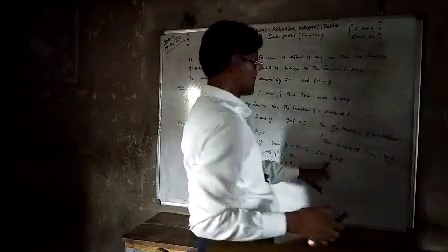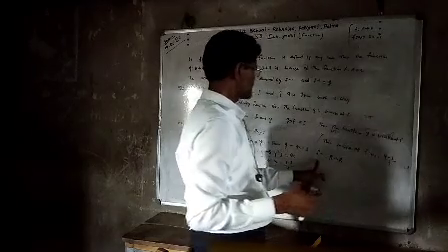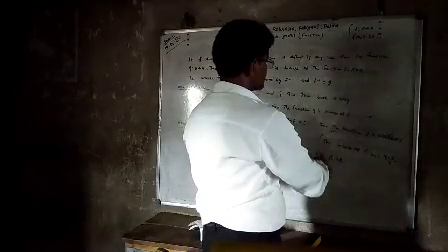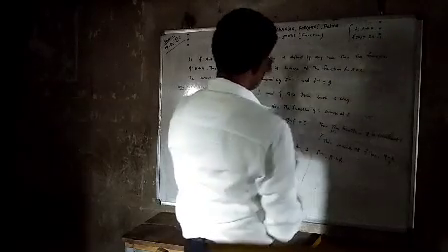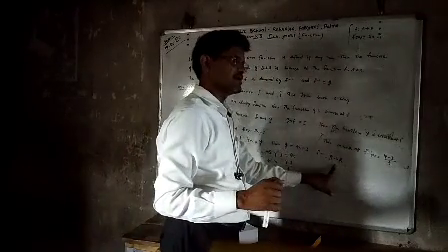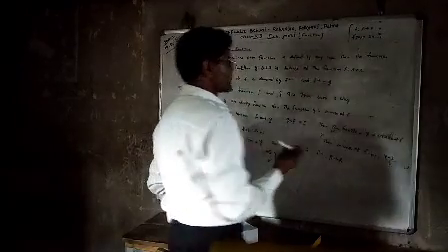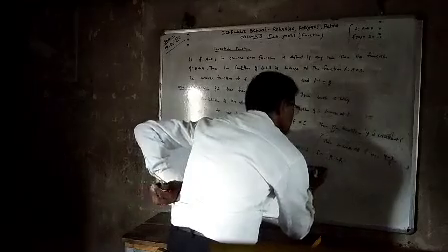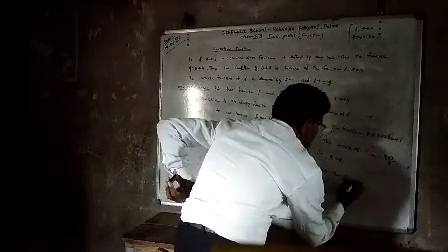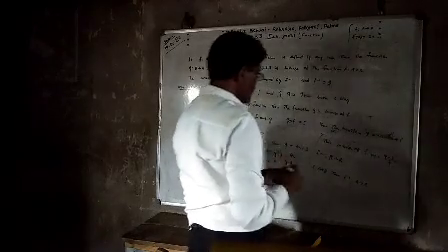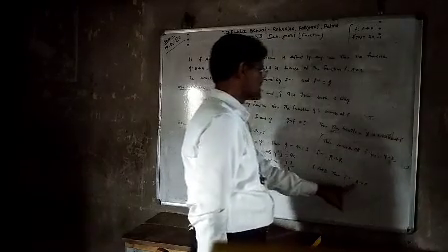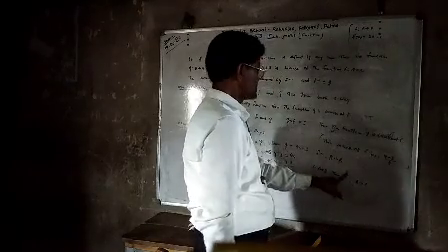It means the domain of f inverse is the real numbers and the codomain is also the real numbers. If a given function is defined on real numbers to real numbers, then its inverse is also defined from real numbers to real numbers. In another example, if a function from A to B is defined, then f inverse will be defined from B to A. The domain of f becomes the codomain of f inverse, and the codomain of f becomes the domain of f inverse.